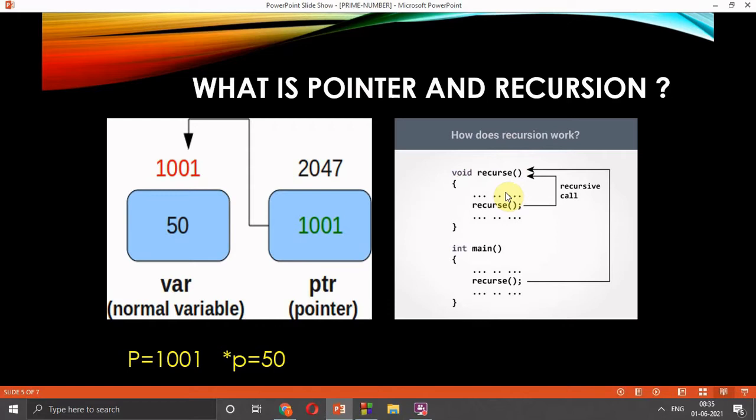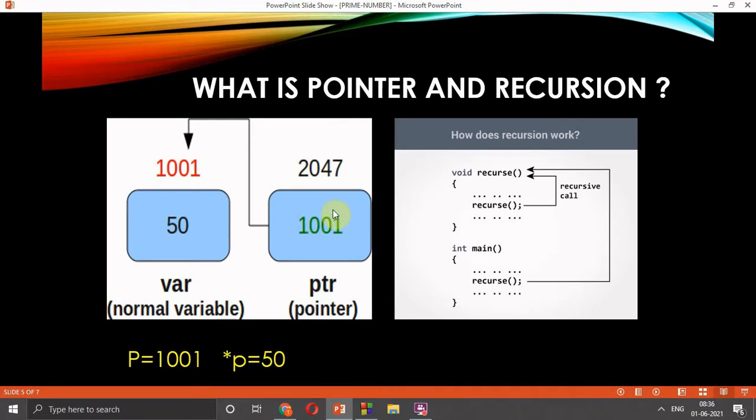Now the second one is pointer. A pointer is a variable which stores the address of another variable. You can see here we considered a variable var which has a value 50, and the address of that variable is 1001. The pointer is the variable which stores the address of the other variable var, so the value at the pointer location is 1001.